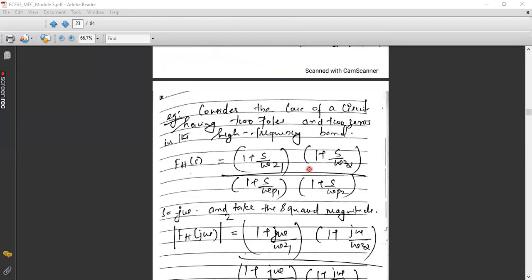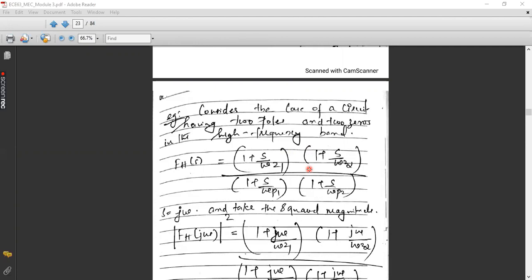I hope you have written this already. You have started deriving that, but let us explain it once more. In the generalized equation, I have taken only two zeros and two poles right now for my analysis. Why? Because I have assumed that my system's hardware is such that I have only two zeros and two poles. If there are more poles and more zeros, it is understood that maybe you have cascaded more stages of amplifiers by using capacitive coupling or other types of coupling methods. That is why you are having more and more factors.